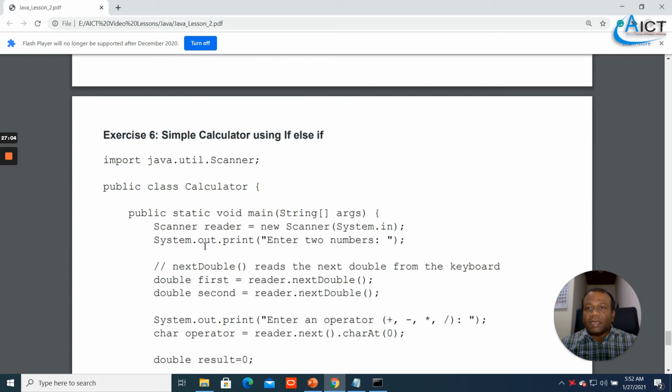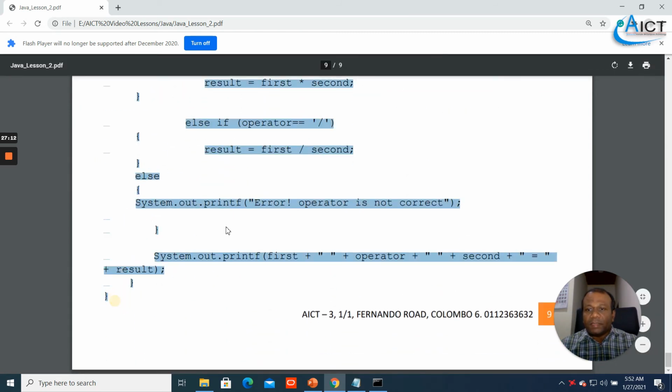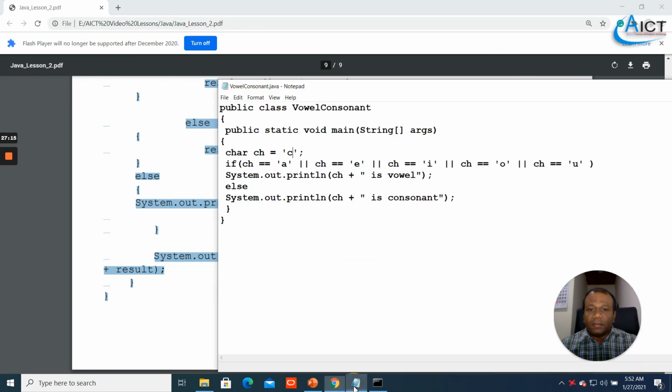Finally, try this exercise: a simple calculator using if else if. I'll copy this one and I'll explain it.